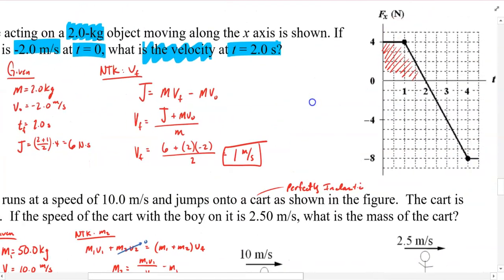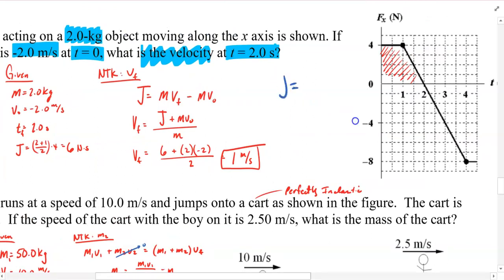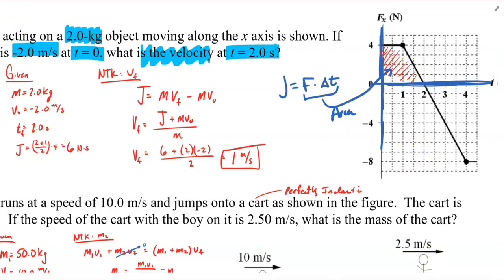Well, the impulse, J, is equal to force times time. When the vertical unit on our graph is force and our horizontal unit is time, then we can obtain this calculation by finding the area under the curve. Now, we don't actually have a curve here. That's another trapezoid. So if we recognize the area of this trapezoid to be 6 units, and we combine that with the other components of our